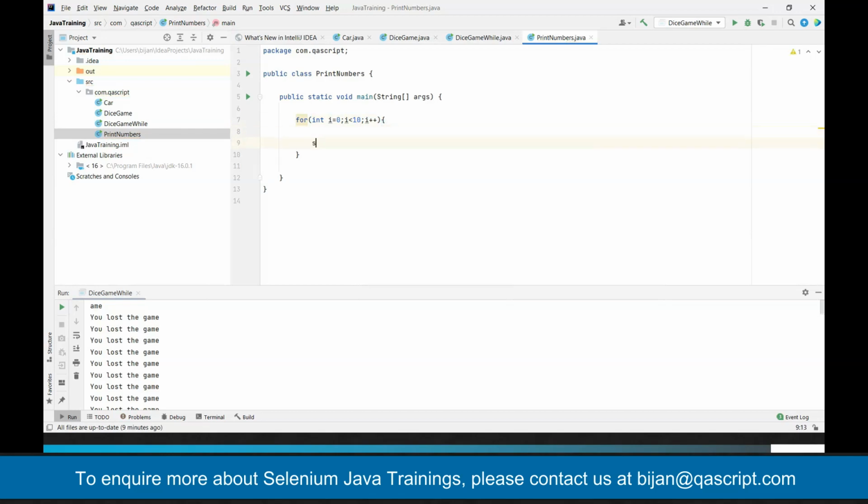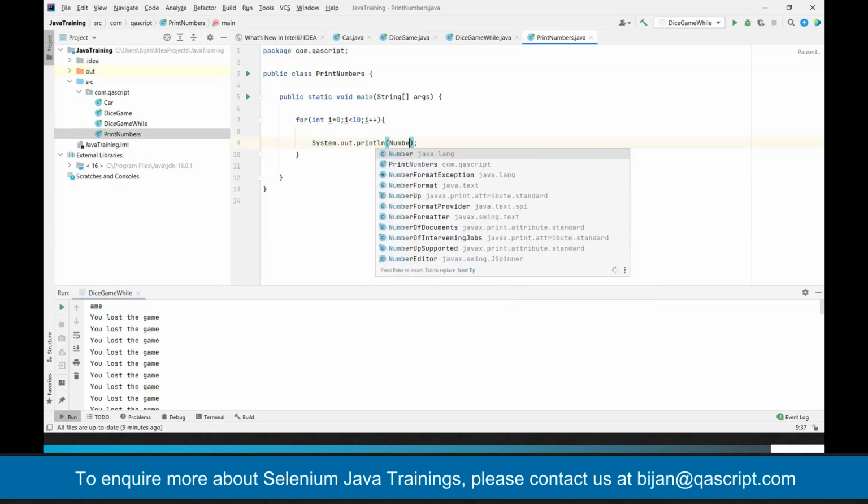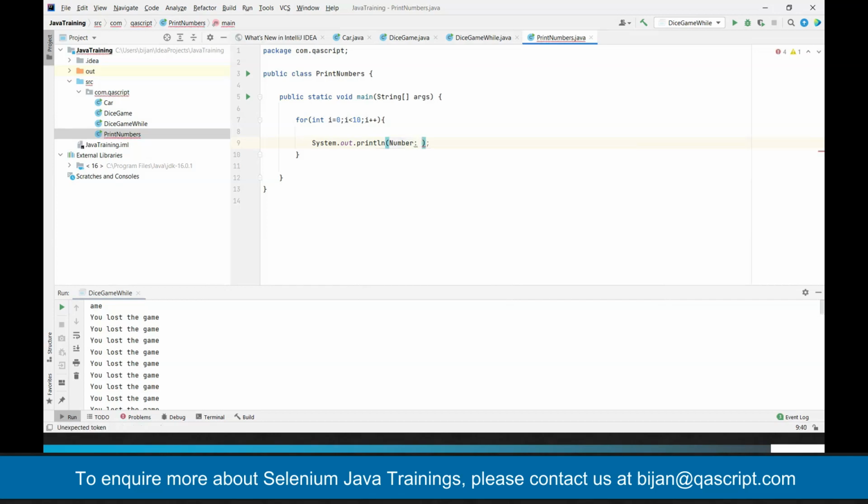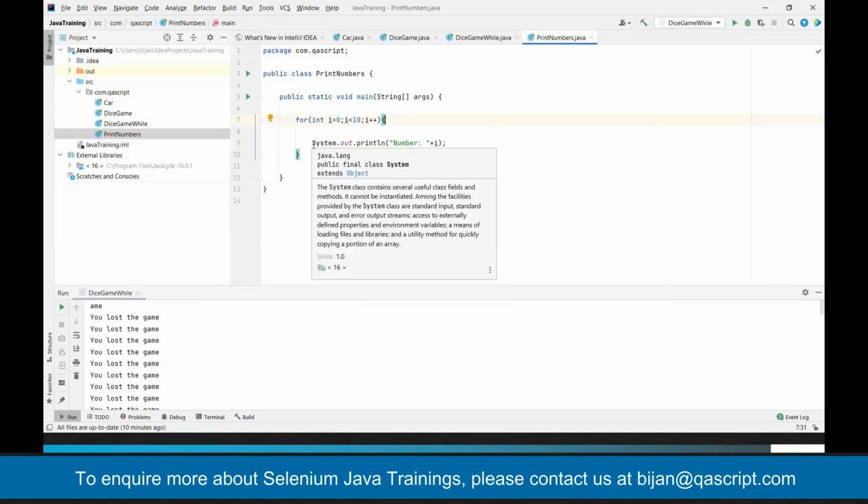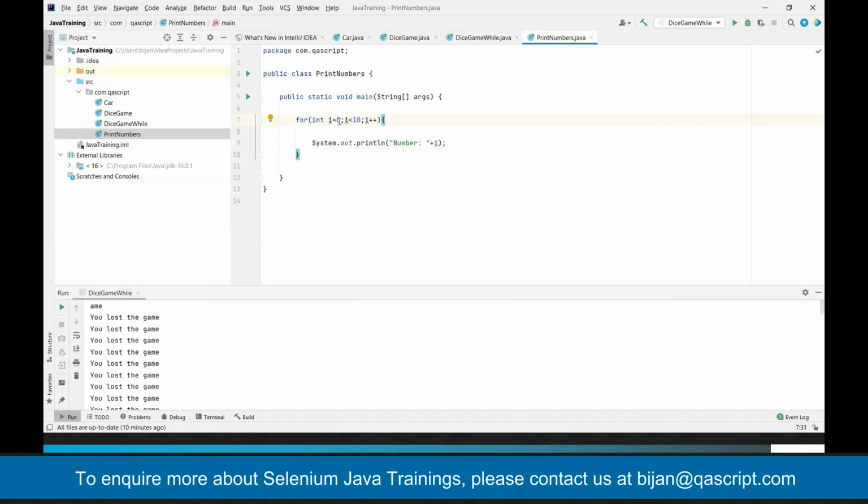Let me write the code and then I will explain it. It's a very simple program where I want to print numbers 1 to 10, or 0 to 9 based on this condition. If I want 1 to 10, then I can start